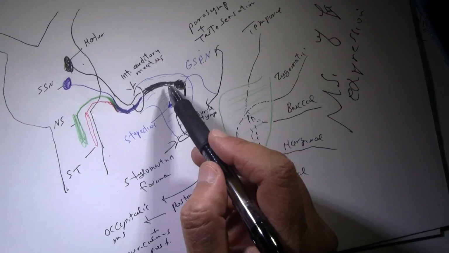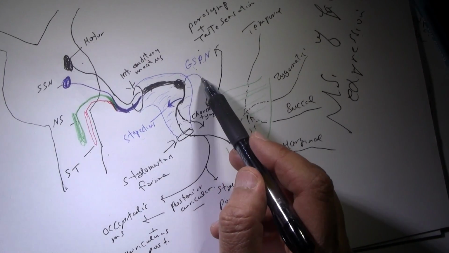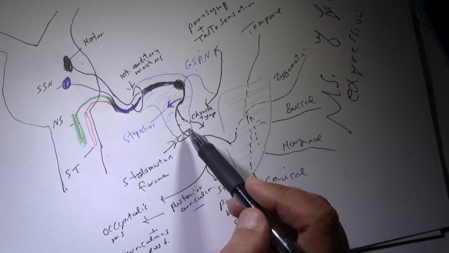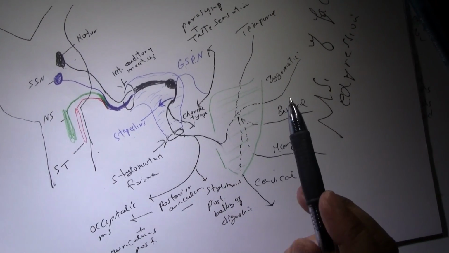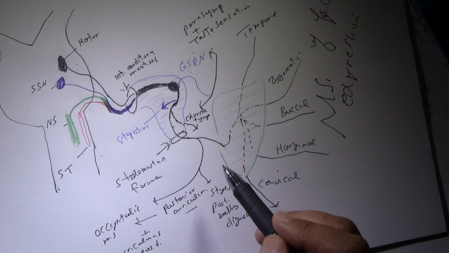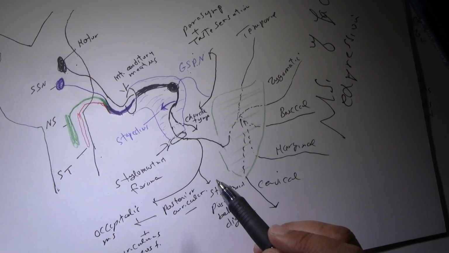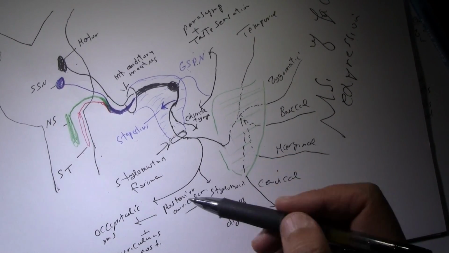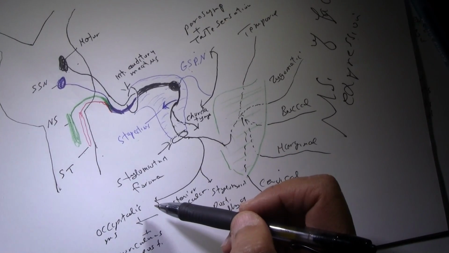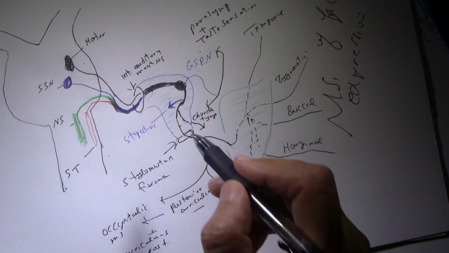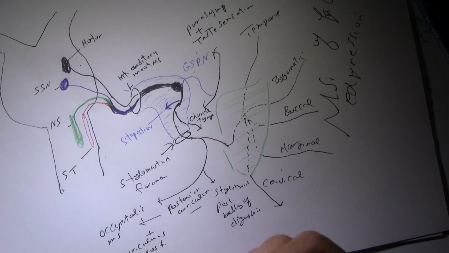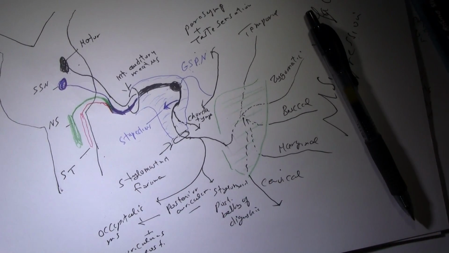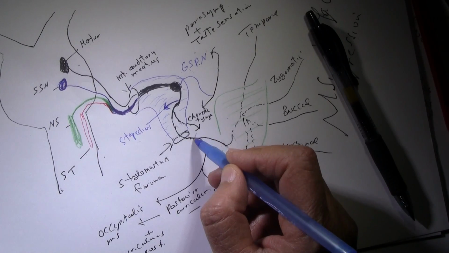Inside the petrous bone, the facial nerve has 3 branches: greater superficial petrosal, nerve to stapedius, then chorda tympani. Keep in mind the level of injury is important, or the effect of injury depends on the level of injury. So usually it starts below the damage. Like, for example, if there is damage to the facial nerve here,